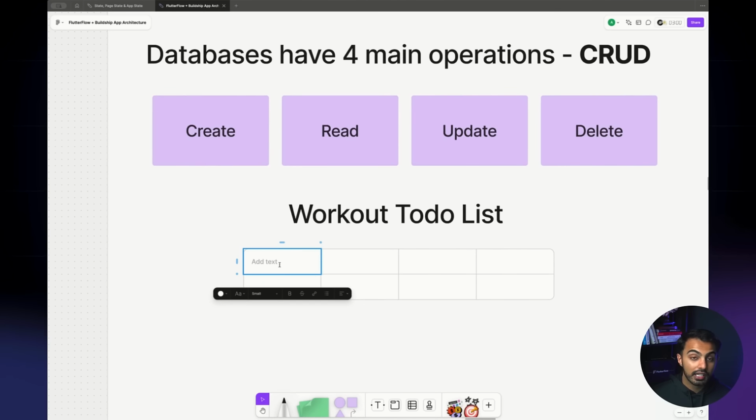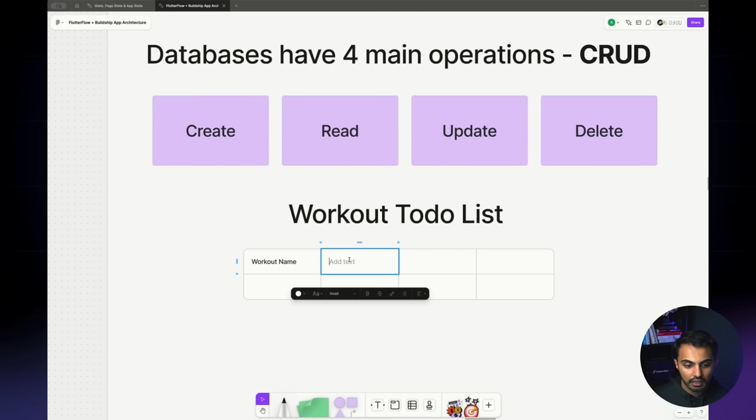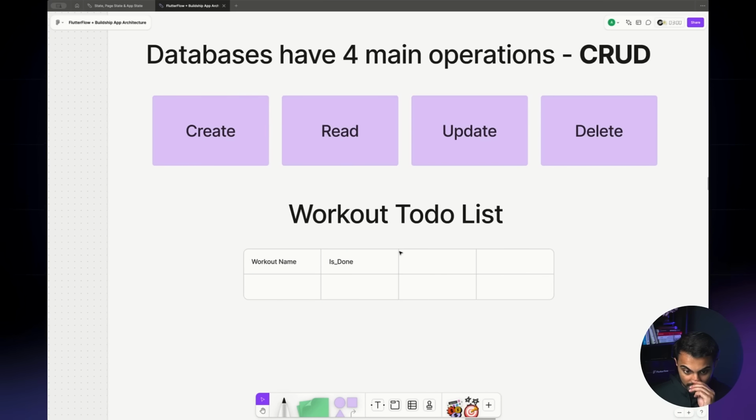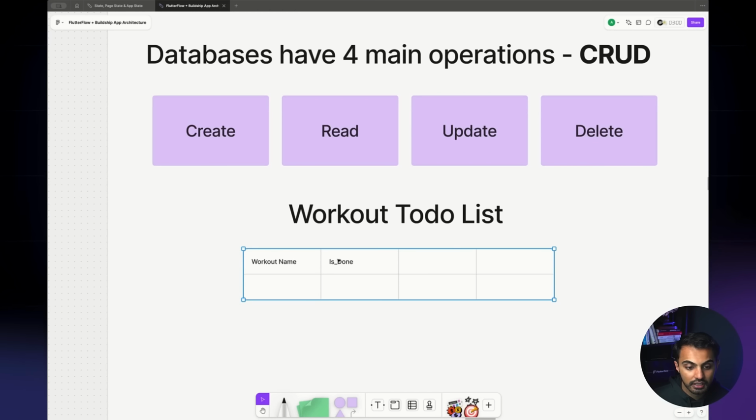Well, if you think about, say, the columns in a Google Sheet, what are the column names going to be? Well, we're going to have workout name. We're going to have, pretty much that's it, workout name, and then is the workout done? Is done. Okay. And is done is going to be a Boolean because Boolean is true or false. And once we mark the workout as done, it's going to be true or false.